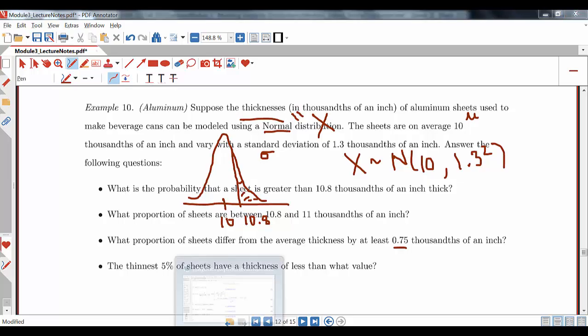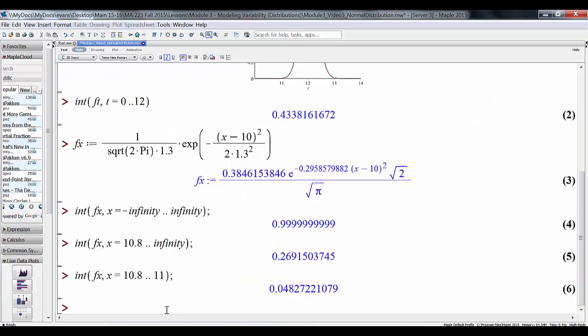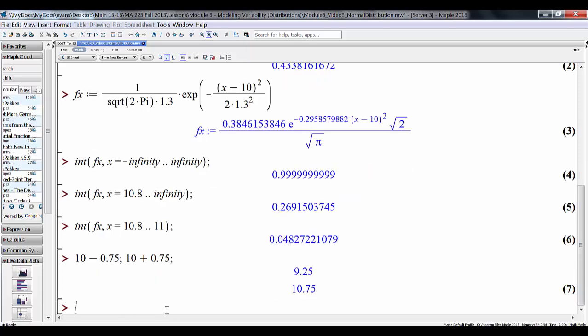75 thousandths of an inch. So what I'm going to do is, our center was 10, so 10 minus 0.75 and 10 plus 0.75. Wow, this is stupid, right? If I can't do this in my head, I'm in bad shape. So I'm going to integrate f of x from x equal 0.75 in the left direction and 0.75 in the